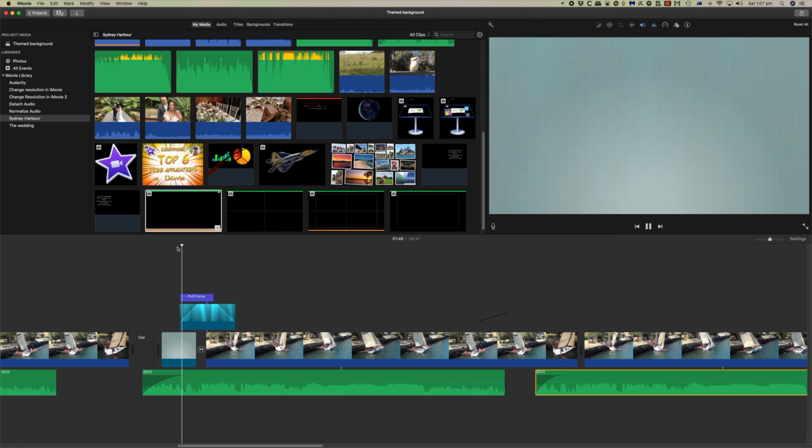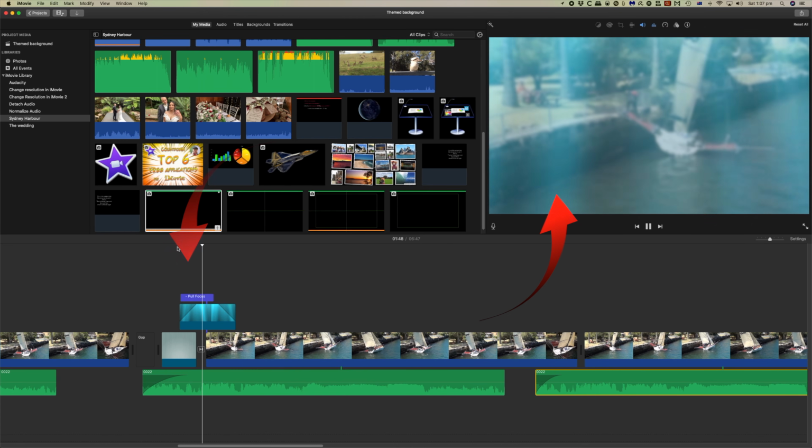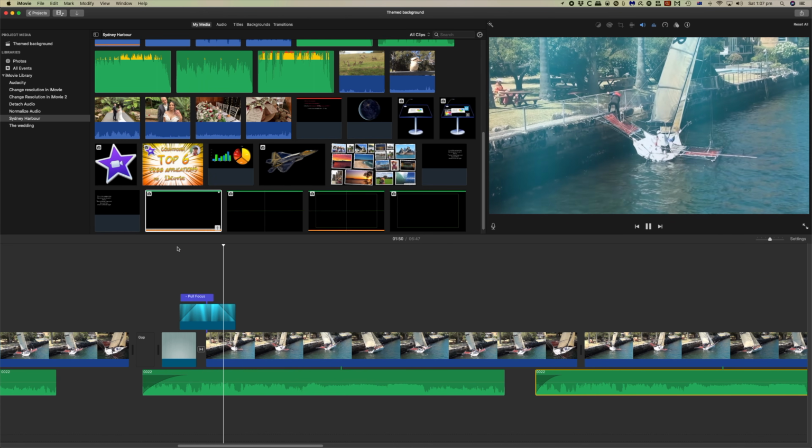In the second hidden tip, I'm going to show you how to use iMovie's titles and backgrounds to add extra effects when you combine the two together. So let's just have a look at the concept of what I'm going to create. was one of the favourite sons of the Sydney Flying Squadron,